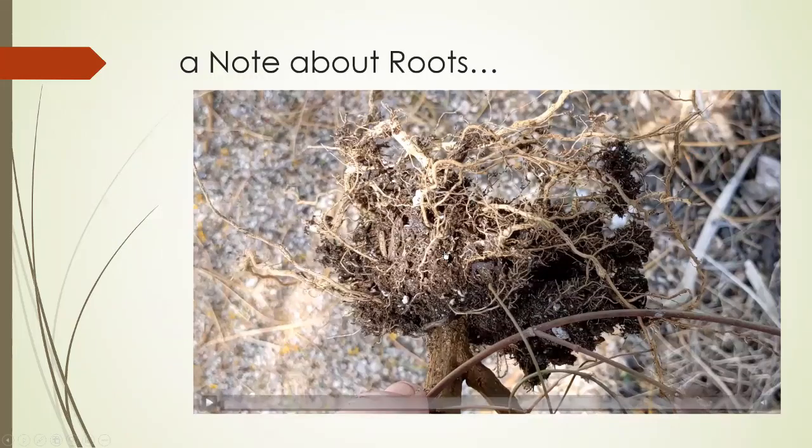So this is what a healthy root should look like. Look at how the soil is clinging to it. You know, we talked about soil structure and how it clumps together. The plant actually uses those clumps, and then you have all these little hair roots coming around and using that soil, as opposed to